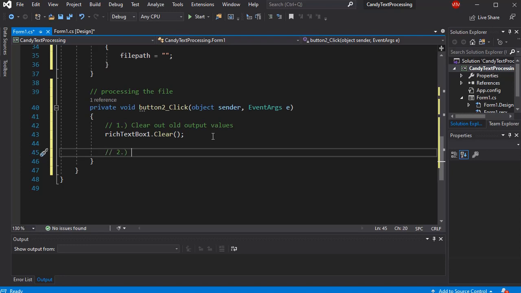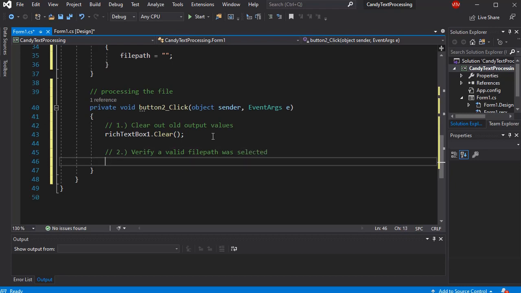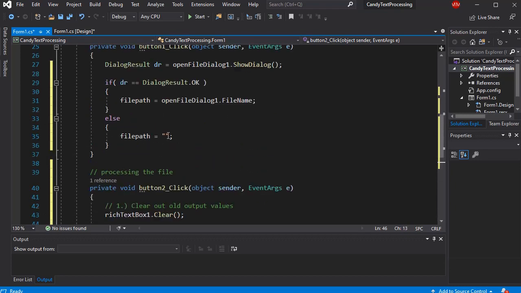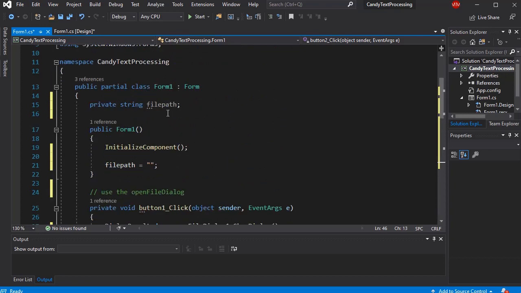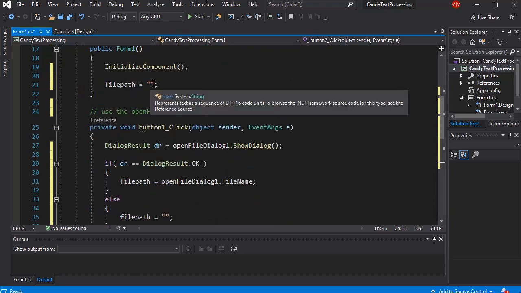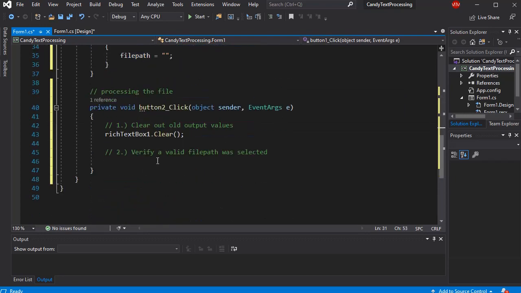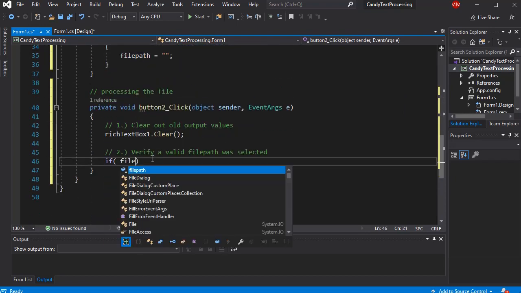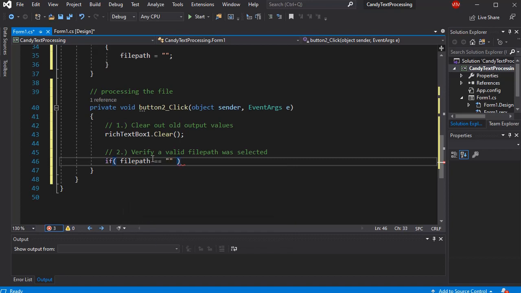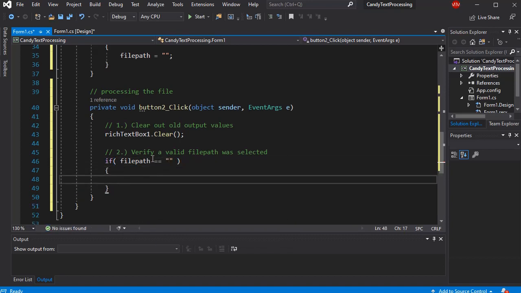All right, step 2, I believe I said verify that a valid file path was selected. The way we set up our file path field variable, it will either be an empty string or a valid file name. So I can say, if the file path variable is equal to an empty string, that means no file was selected. So I'm going to say messagebox.show no file selected,